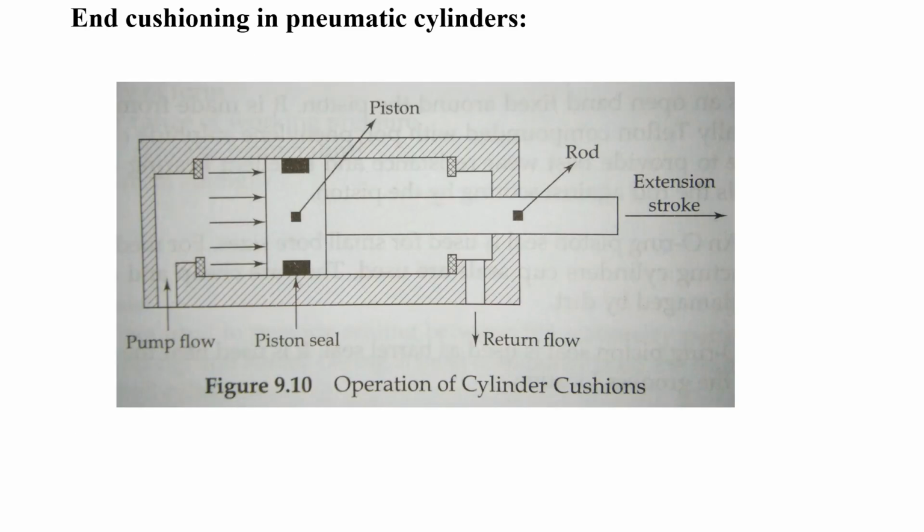Next we'll have end cushioning in a pneumatic cylinder. The end cushioning is required to avoid the inertia force. When the cylinder moves in the forward direction, it should not stop immediately. Because if two hard components hit each other, what will happen? The mating component will be affected depending on the inertia. The best example is if you strike a pawn on a carom board faster, what will happen? It will hit the pawn and both will repel each other.